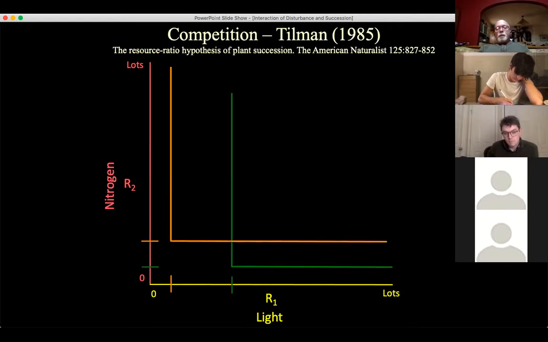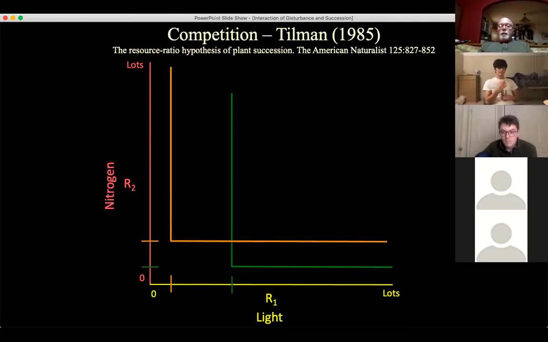And so here, once again, what's happening to the upper right for this orange species? It increases. Joseph? Yeah, so positive population growth over here, negative population growth when you get either below its light limit or below its nitrogen limit. So negative population growth and zero population growth all along the line. Well, if this is what the species needs, then you would assume that this is probably reflective of what the species uses. And so we can create these